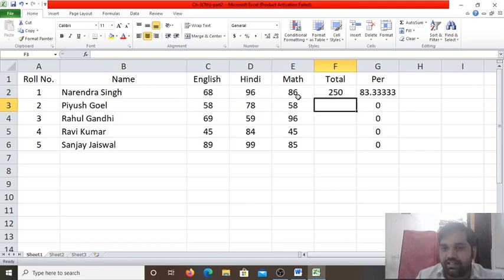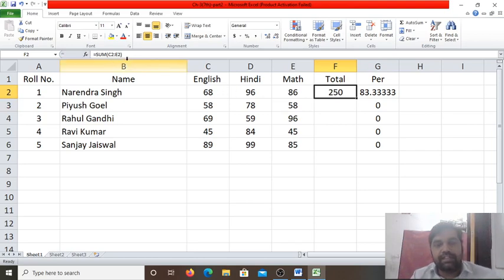This is the range which I have selected. Now as you can see the formula, SUM of C2 to E2. That is the range which I have selected. Now if I copy and paste this formula in row number 3, in cell F3, automatically I'll get the sum of these three values. This address C2 to E2 will be converted into a relative reference, means the row will change. In which row am I going to paste this formula? 3. So automatically it will be converted to C3 to E3. You can see it here.